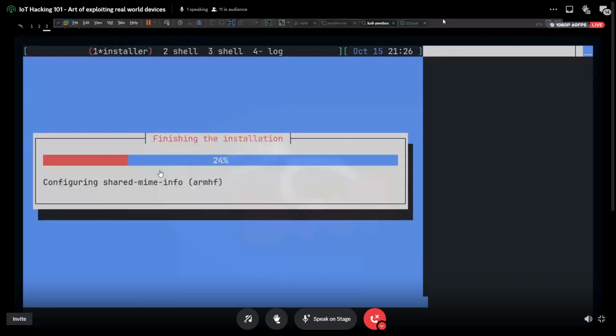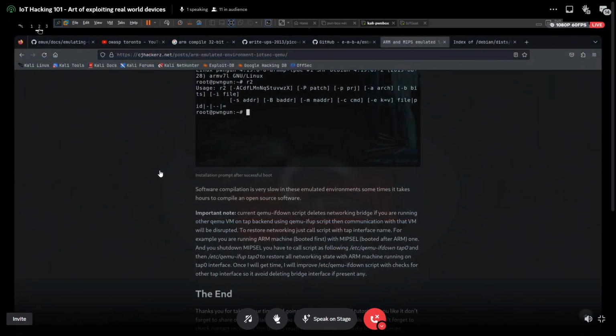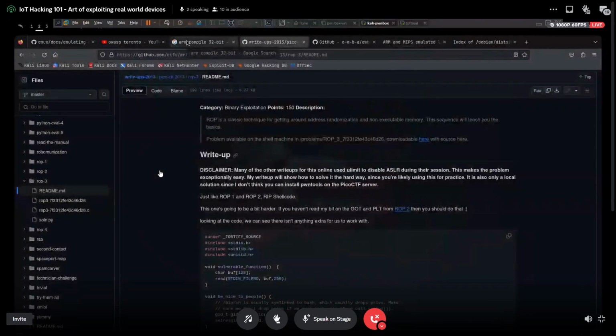If you have Kali installed on bare metal, or your main hacking environment on bare metal, it's going to be a little bit faster than what is happening right now. I will go ahead and at least show some ins and outs of that.